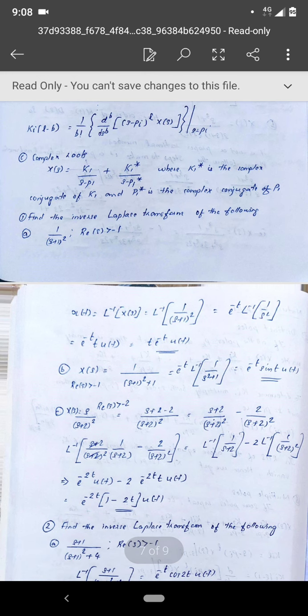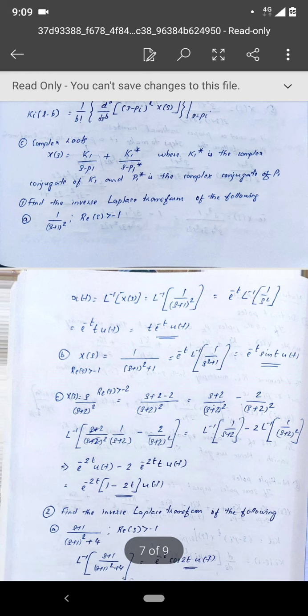That is the first one, and one more thing before going into the problems. We have found some important results in Laplace transform, under the heading Laplace transform of certain unilateral signals. There we have found the Laplace transforms of signals like delta of t, 1, t u of t,